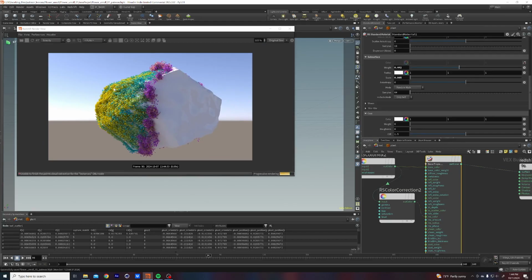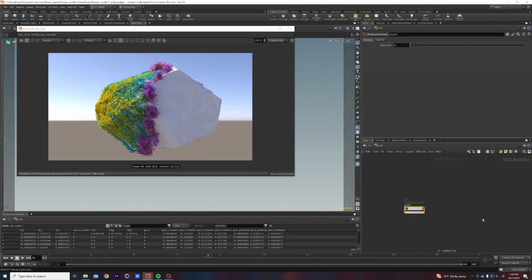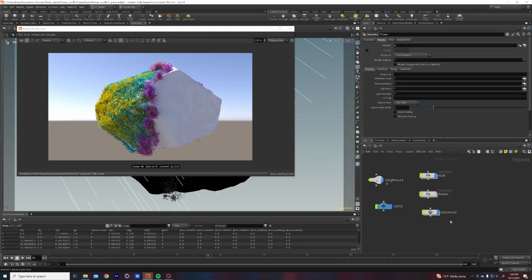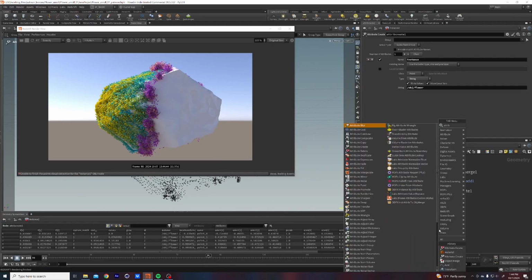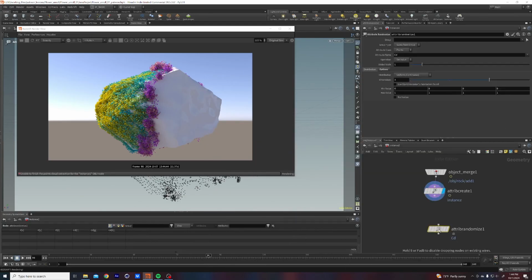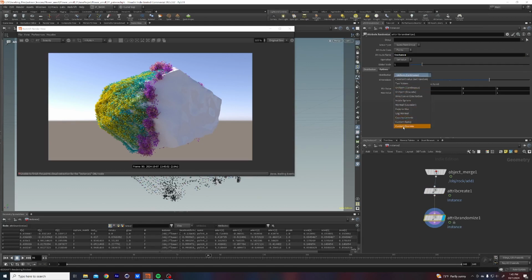I think really to make this thing look better, we would want to scatter a variety of different plants in here. So all you would need to do is randomize. I've shown this in previous tutorials in my Patreon here, but under the attribute create, we've got instance, and then you would just do attribute randomize. Let's pause this here so it doesn't get all messed up. Let's instance, and then you want this to be custom discrete,